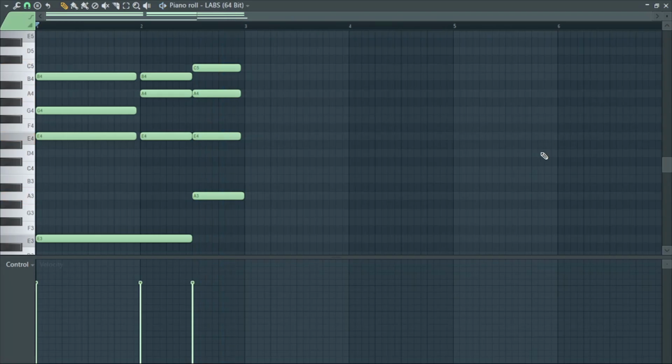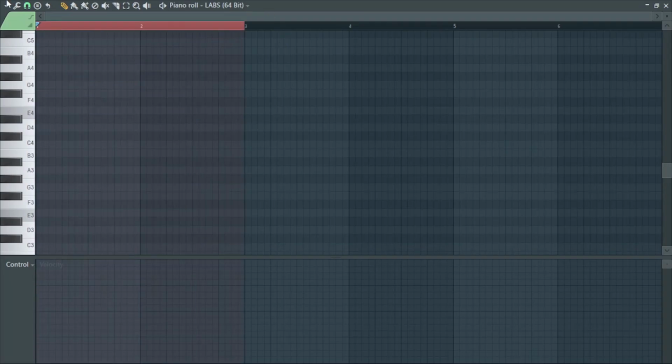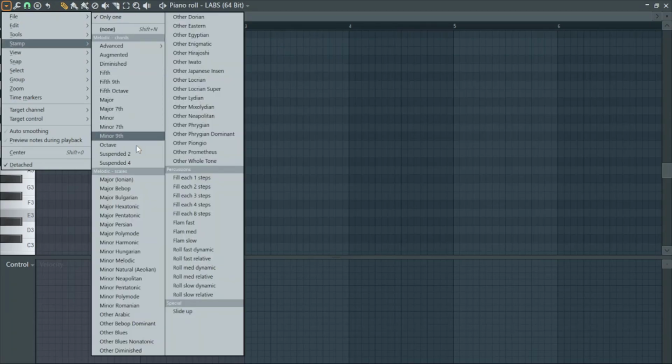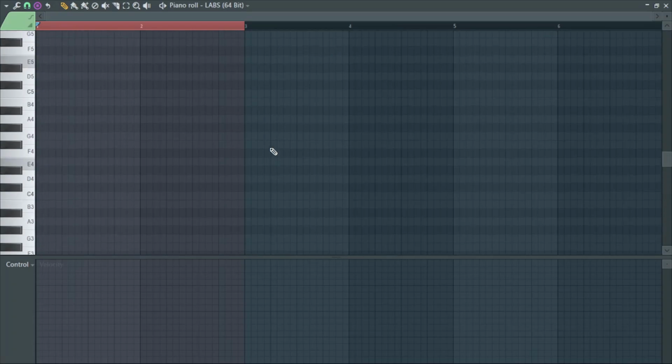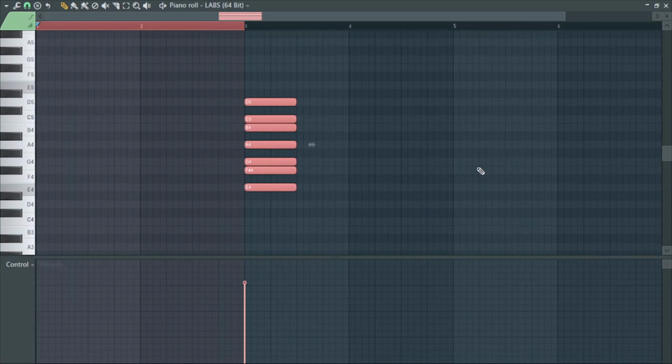So if you don't know how to make a chord, the easiest way is go to this little drop down arrow, go to stamp, and find the scale that you want to make chords in. For this video, I'm gonna find the minor scale, and then I'm gonna find E, and I'm gonna stamp my minor scale right on the outside of this E. Since we're working with the 1-1-4 chord progression, I'm gonna use the first note in this scale, which is an E. I'm gonna use that twice, and then I'm gonna count up,